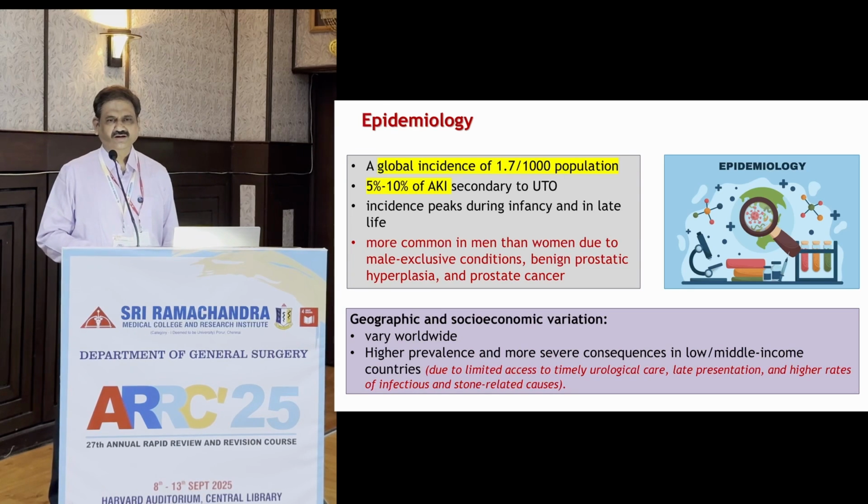And if you look at the overall incidence of obstructive uropathy, it's not a very uncommon disease. It's something which we commonly come across in day-to-day practice. In our institution, every day we come across at least 2 or 3 such patients in our OPD and in our ER. These patients may need a stenting, these patients may not need a stenting, these patients may need an external diversion in the form of percutaneous nephrostomy or may not need, but whatever it is,